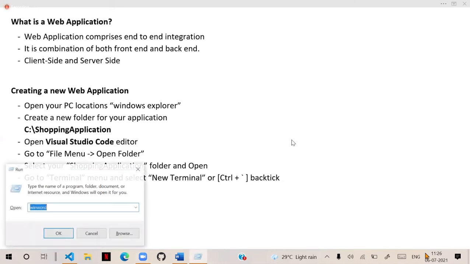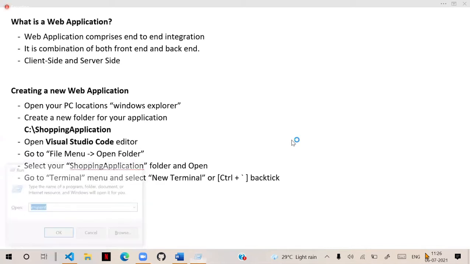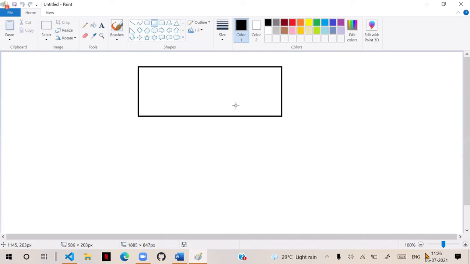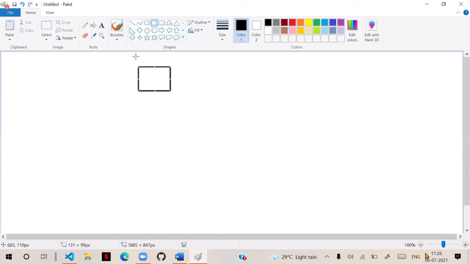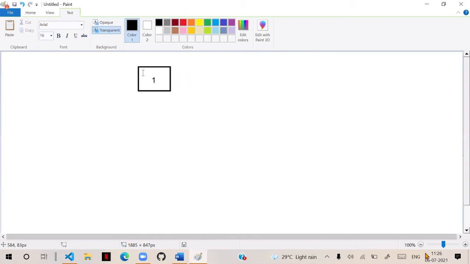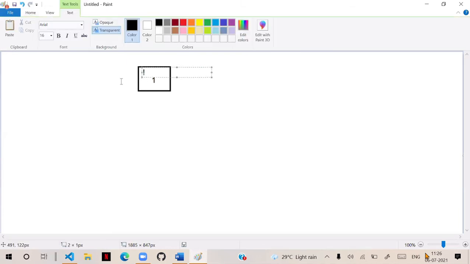Generally, you have the number one key with the exclamation symbol.